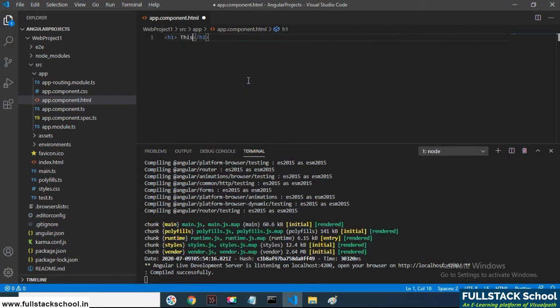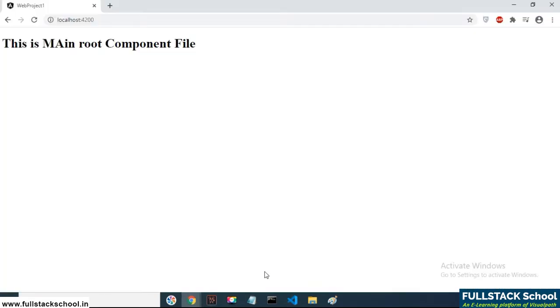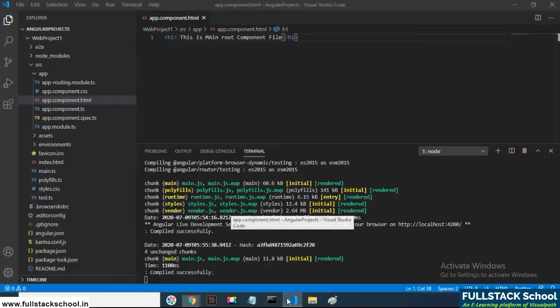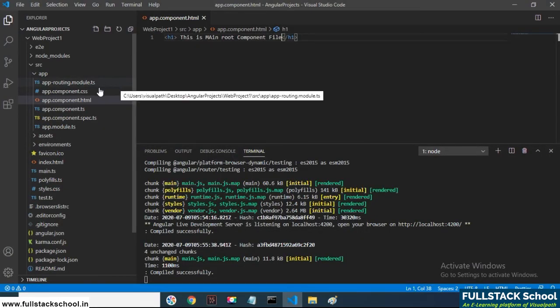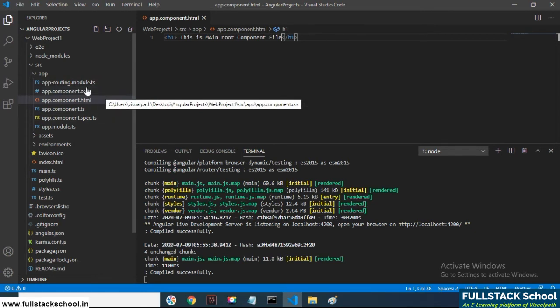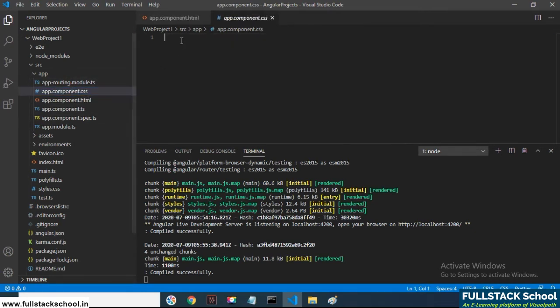This is the main root component file. If you want to do any type of CSS coding, for example to apply any type of styling, open the app.component.css file.